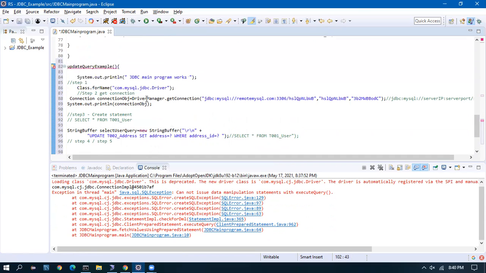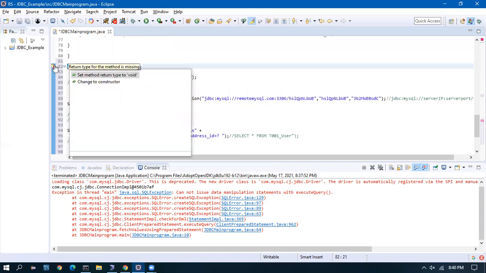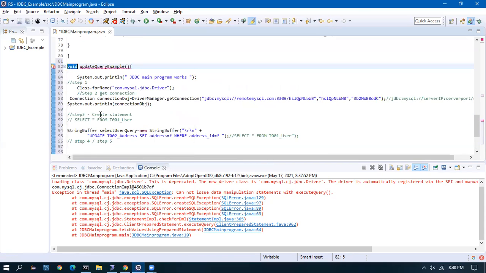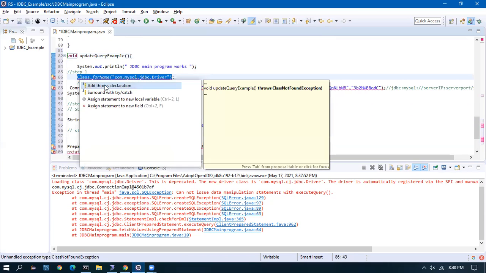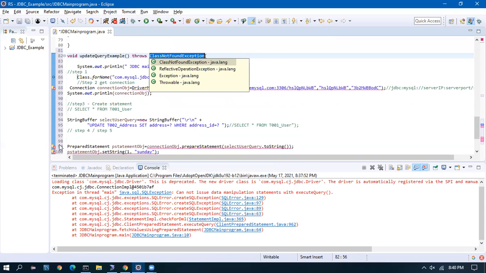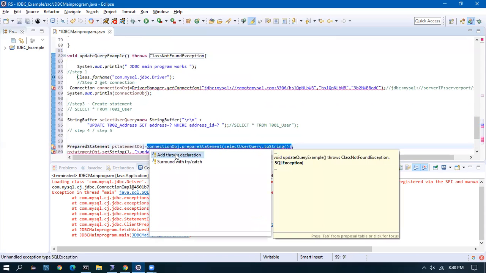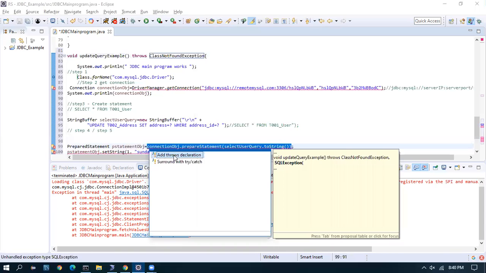And I have to just make this method static so that I can call it. I have to add the throws clause.